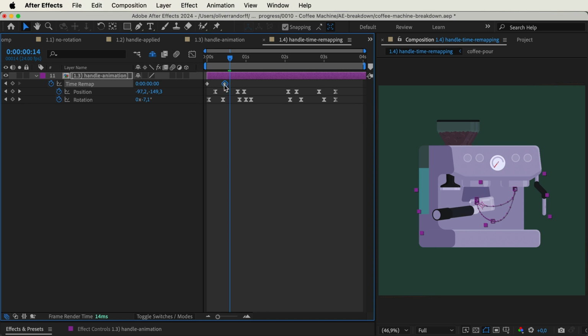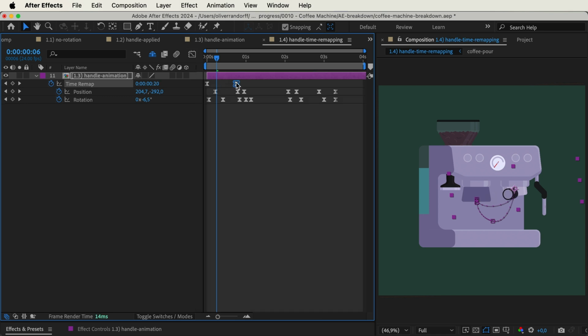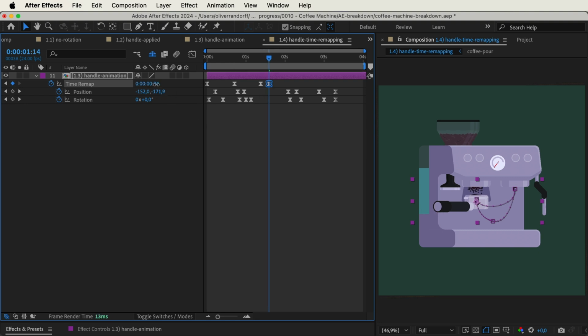Then we can of course go ahead and add the different easing by pressing F9, adjusting the graph editor, and so on and so forth. And you can see that we have that animation, and whenever we just want some slight rotation, we can always add a keyframe, go a bit ahead, and then just drag the time, and you can see that we have the rotation happening. So by doing this, we have a lot of control over our fake 3D rotation, and we can quickly apply it to our animation so it isn't that bland.